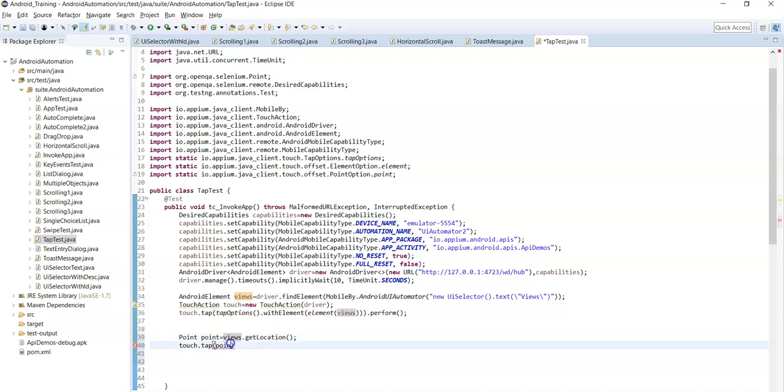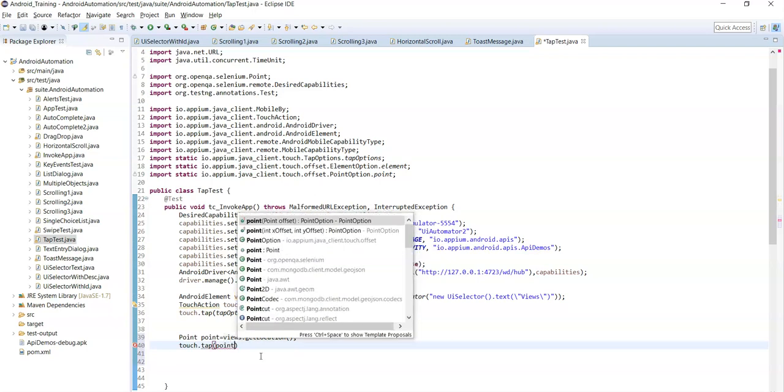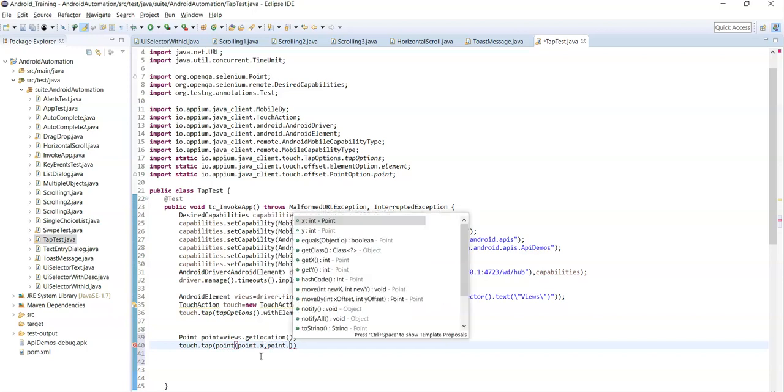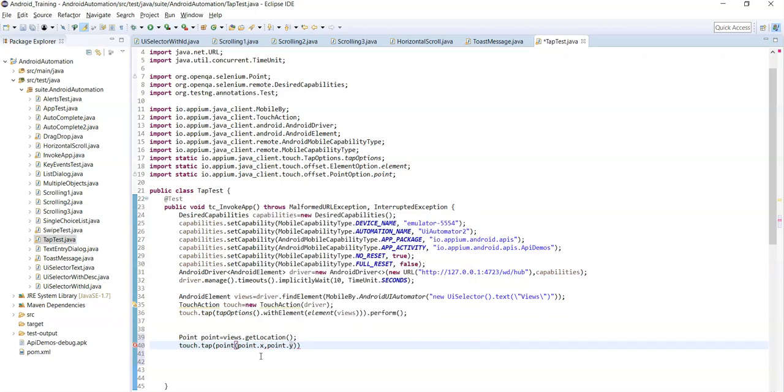Now pass the XY coordinates of that element: point of, point dot x comma point dot y.